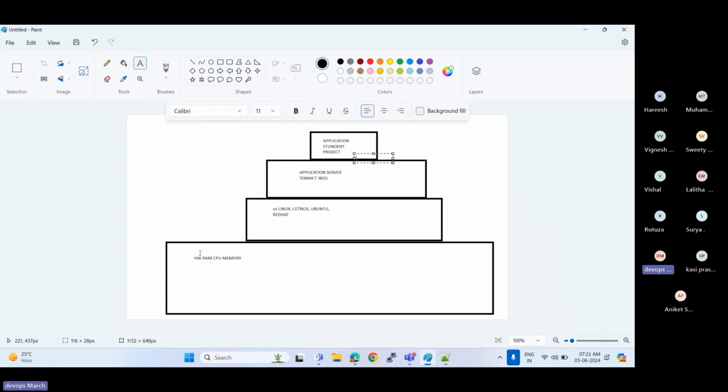Once the application is deployed, we will access it using an HTTP URL.